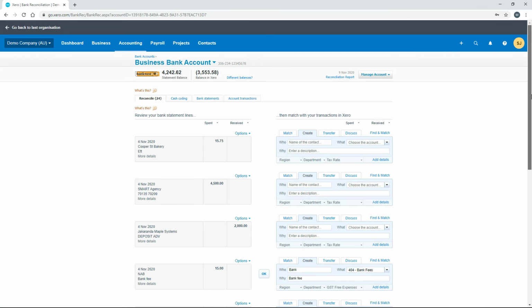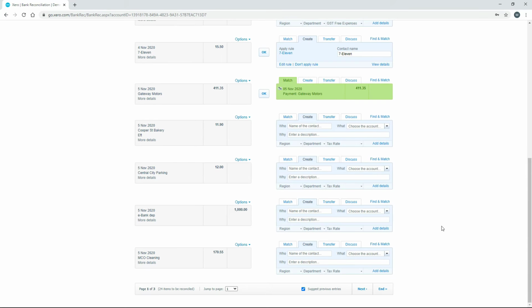Okay, and back in our bank feed, the other way that you can create it is by using this create tab here over in the general ledger side of this page. So what you need to do is just fill out the details on here, and then if you need to add any more details, you click on add details, and you can do a few other things which I'll show you in a minute. Alright, so what we'll do is we'll fill out the who, what and why. So the who is going to be Central City Parking. So I'll just copy that and paste it there, and it says it's a new contact,